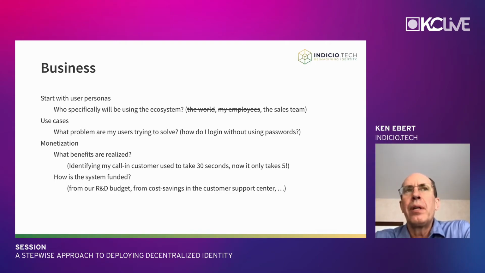Specifically call those out, so that you say, if I'm operating a call center, identifying my customer takes 30 seconds. And with decentralized identity, I may be able to reduce that time to only 5 seconds. That's a concrete benefit to both your customer and to the call center staff, who now spend 25 seconds less per call taking care of mundane operations and getting right to the heart of the problem and taking care of the customer.